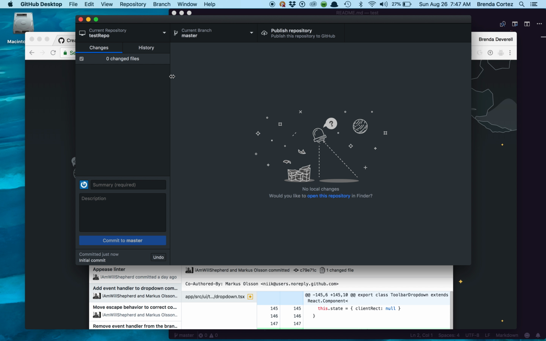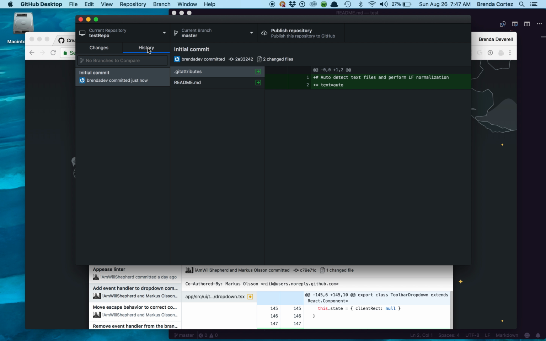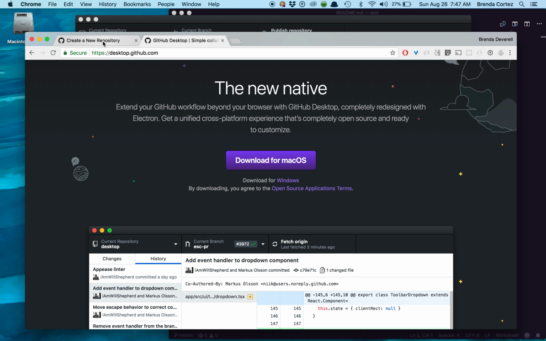You can add files, you can edit files, you can do all sorts of things. I believe I already have my first commit because I created this repository. So my initial commit is already there. So I can actually publish this to GitHub. So let's try that. I guess so I can show you